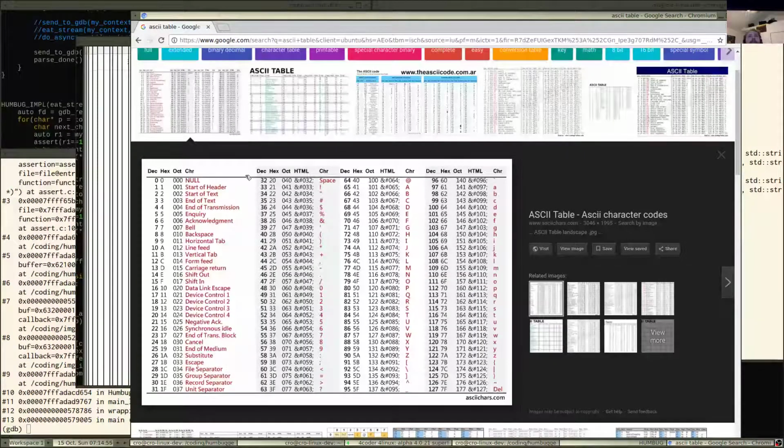Okay, so capitals start at 65 and lowercase start at 97. Those are 32 off of each other. Okay. So what I need to do is probably